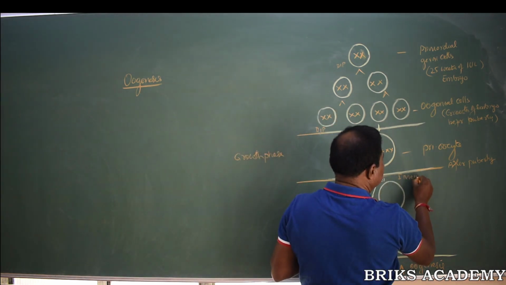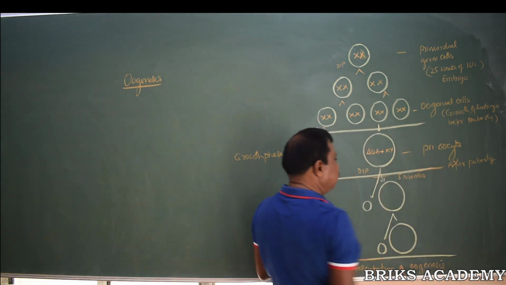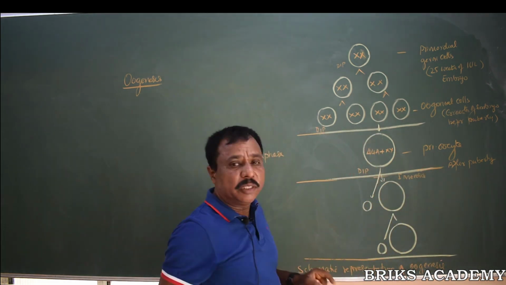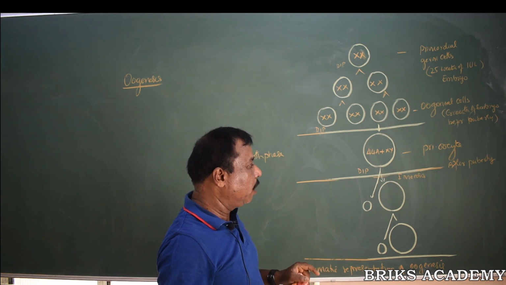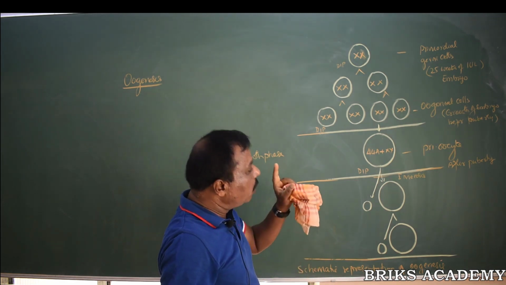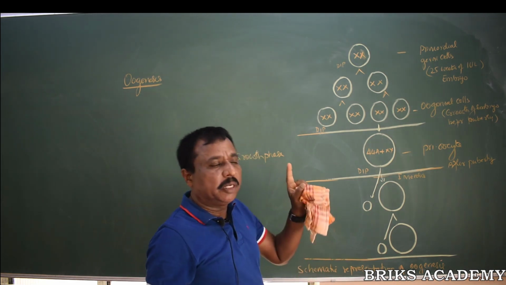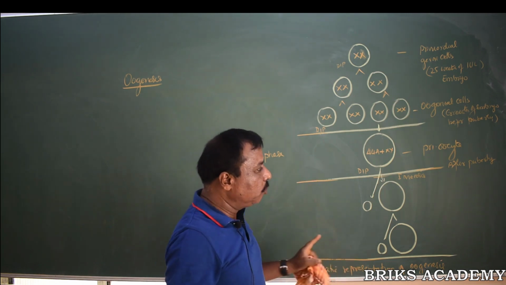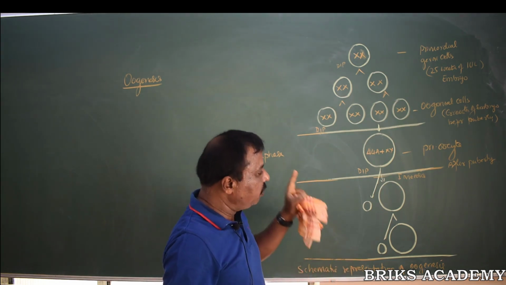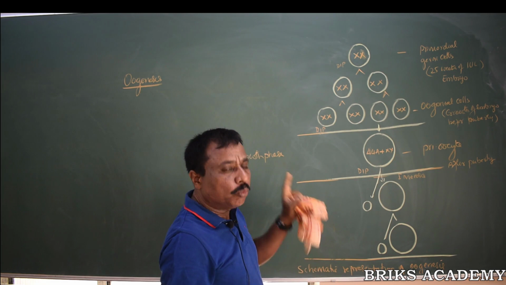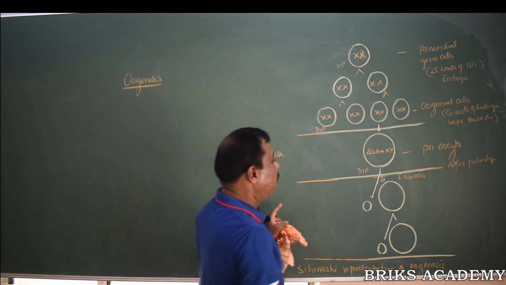First meiosis is a reductional division where the chromosome number is reduced to half. Here events like synapsis, tetrad formation and crossing over occur, after which the primary oocyte divides unequally